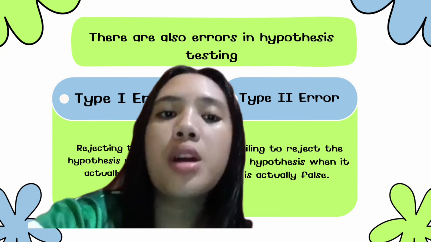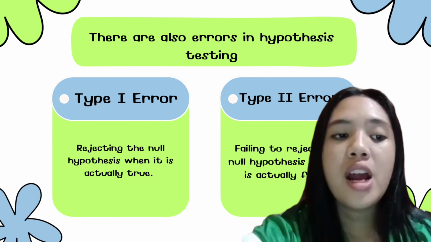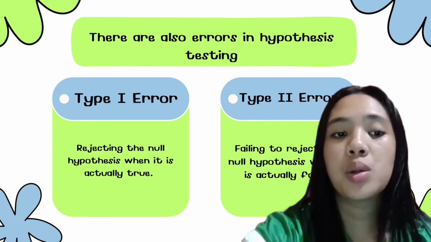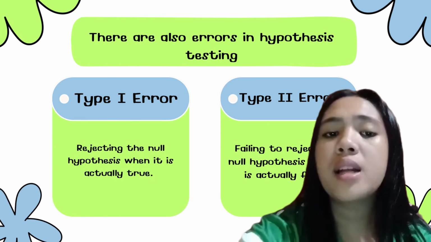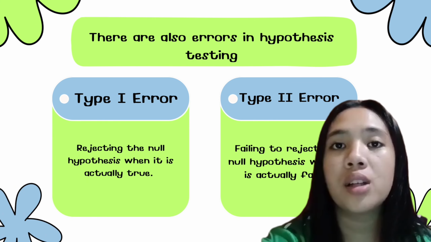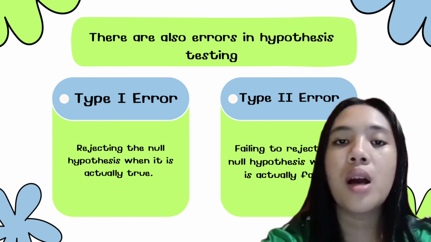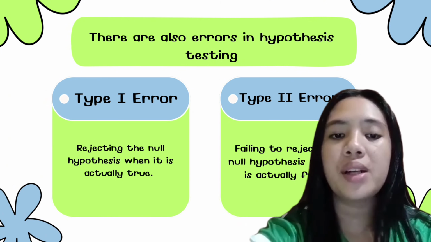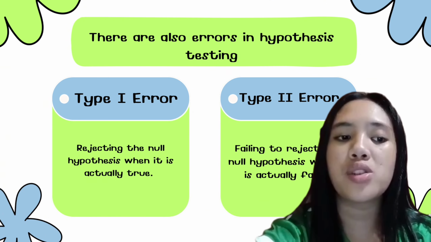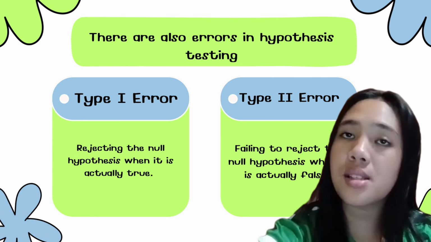There are also errors in hypothesis testing. Type 1 error, rejecting the null hypothesis when it's actually true. Second, type 2 error, failing to reject the null hypothesis when it's actually false. In both qualitative and quantitative research, the core idea of testing a relationship or difference between variables is consistent